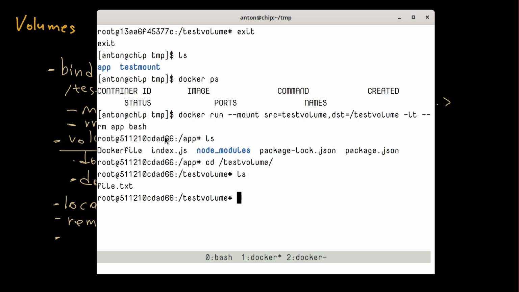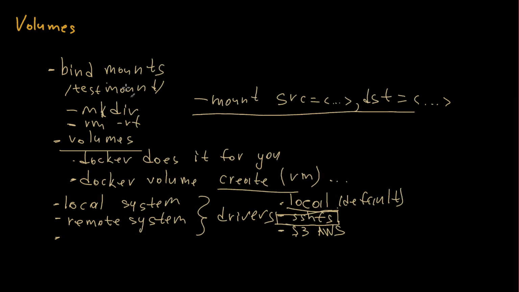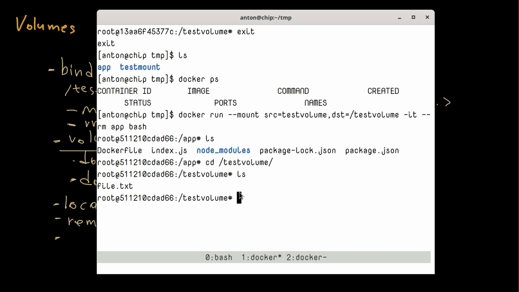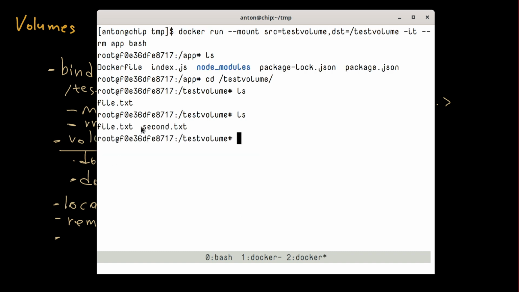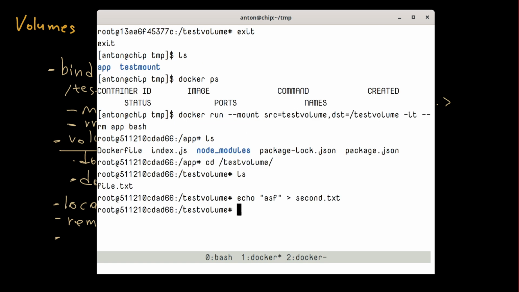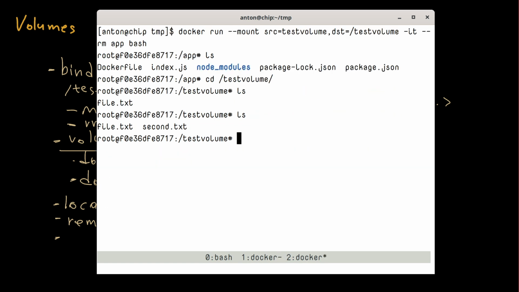And let's say that all the things that worked with bind mounts work here too, like if you update a volume from one container, it will also synchronize with other containers using the same mounted volume. Let's try it, creating a new file, second. Now in the second container we have our file updated. So this is convenient. Another option